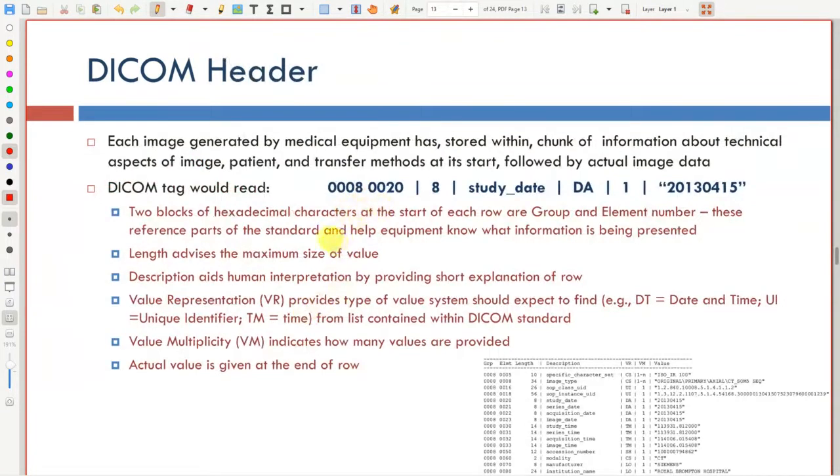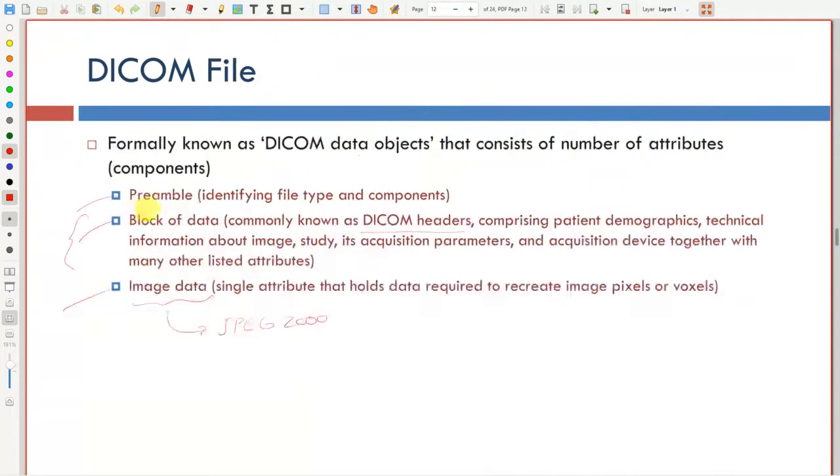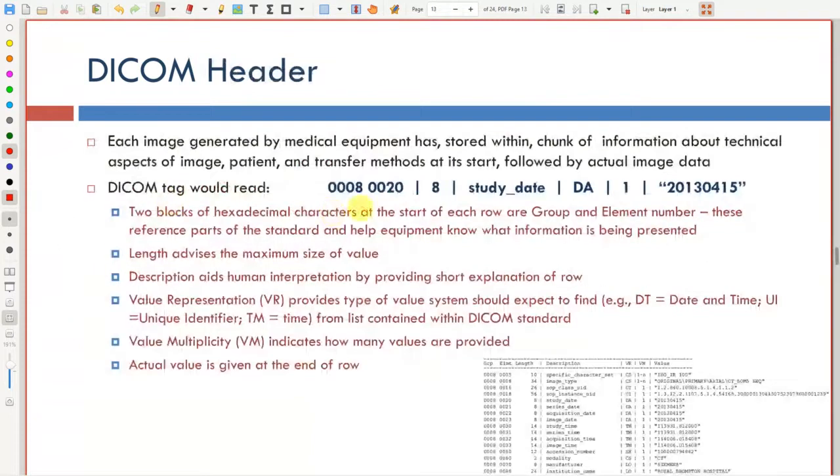So the DICOM header itself, each image is generated by the medical equipment, the acquisition modality. We talked about the terminologies. In DICOM, it's the modality here, okay? And within it you store a chunk of information about the technical aspects of the image, the patient, and the transfer method at the start, followed by the actual image data, as we said before in the previous slide. Usually you start with identifying information, go back. This is the preamble that we talked about. You have the DICOM tag,